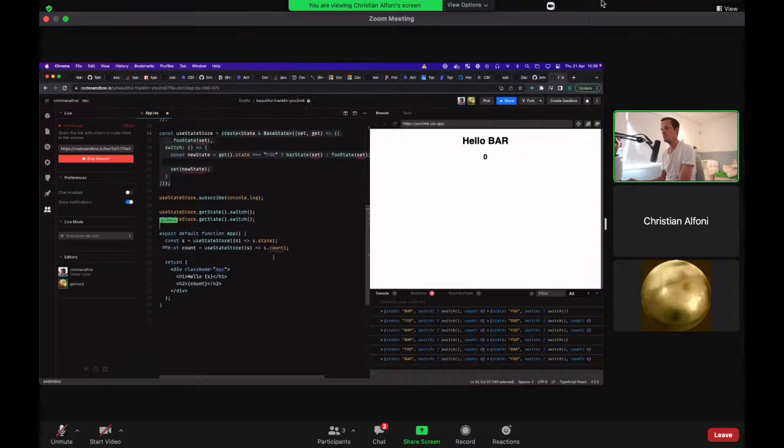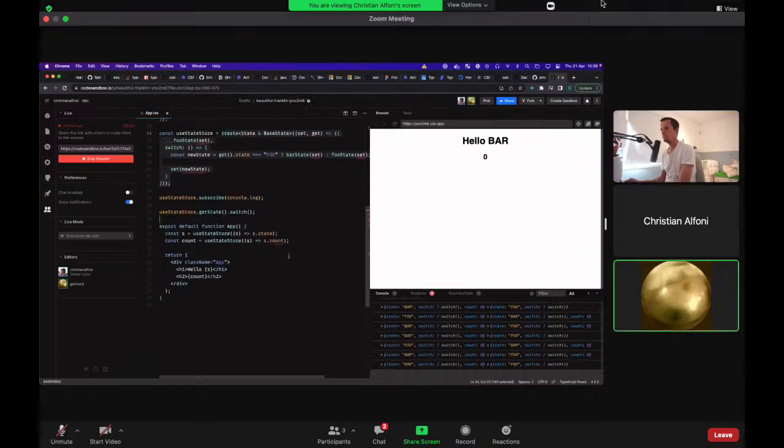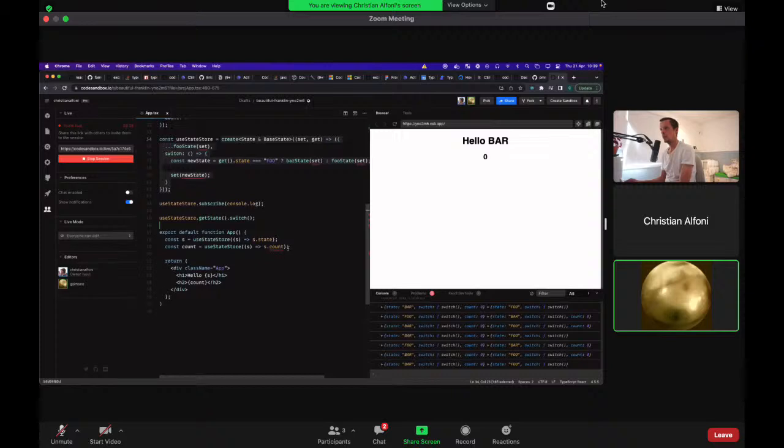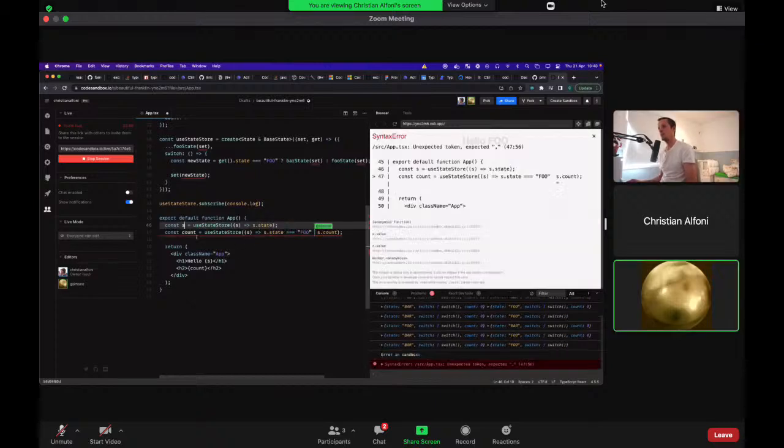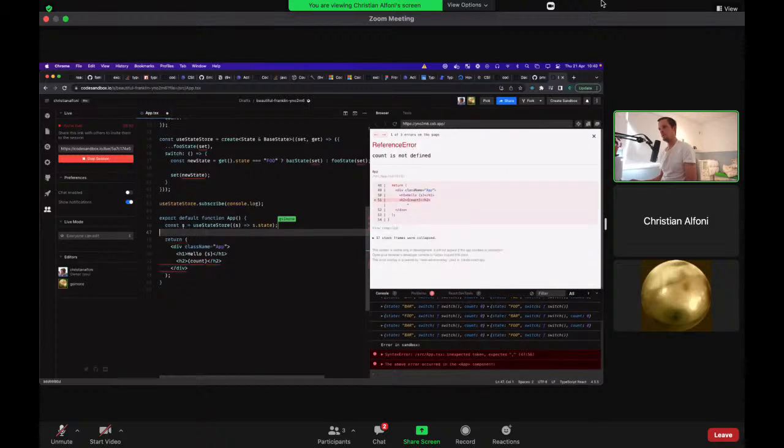I'm thinking if we are in the bar state, I would just return state as is, and not extract the specific state. Okay. Yeah, so maybe you don't even need that, you just use state store, and then